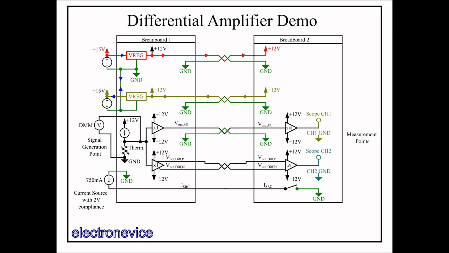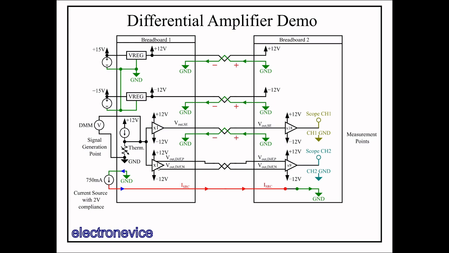The problem occurs when a relatively large current is switched on, and the voltage drop across these ground wires becomes non-negligible. The voltage drop across ground means that the ground on breadboard 2 is actually slightly higher voltage than the ground on breadboard 1. Since the signal's ground reference is on breadboard 1, when it's buffered and transmitted single-ended over to breadboard 2, the signal voltage with respect to breadboard 1 ground does not change. However, with respect to breadboard 2 ground, the signal appears to be of a lower magnitude. This is the corruption that the EMI of this large switching current causes to the single-ended signal.